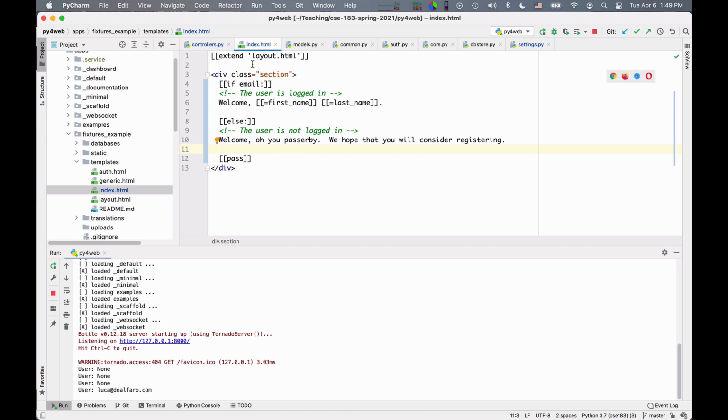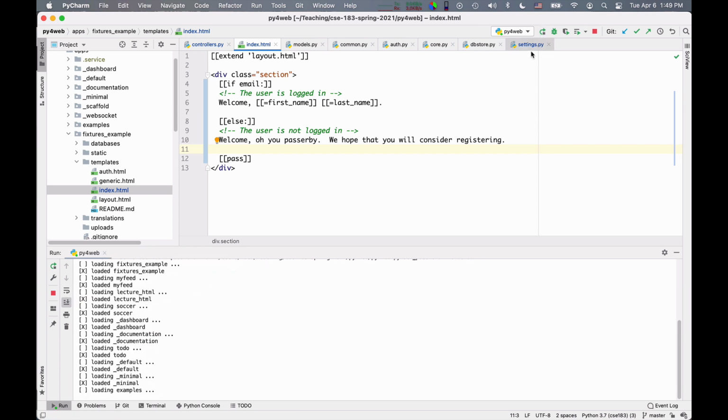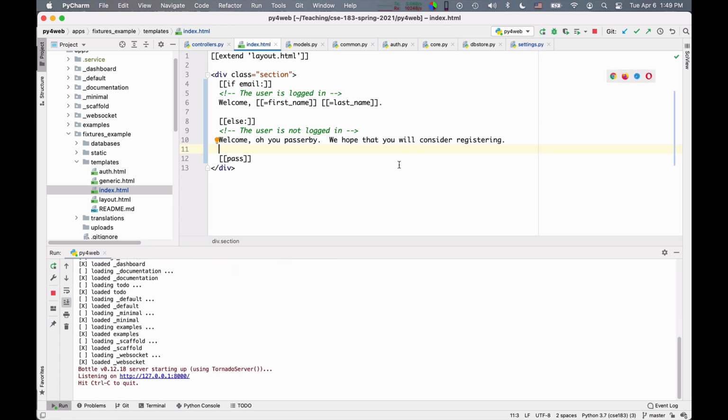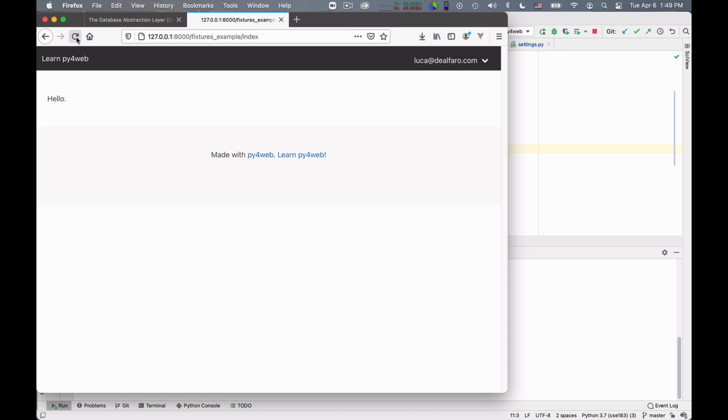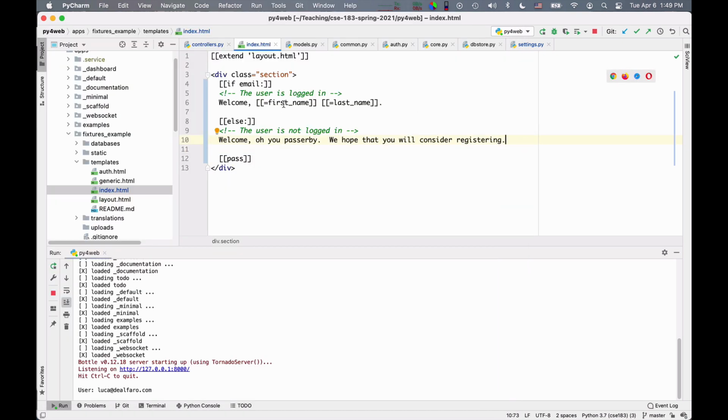So, if I make this change, now I want to restart Python Web because I have changed also the Python, so I need to restart it. If you run it from the dashboard, Python Web knows how to reload itself, but I just find it easier to just reload it and restart it from here. It's a bit more brute force, if you will. And so now if I refresh the page, it says welcome Luca De Alfaro, because it has taken from the auth object the first name and last name and used them here.